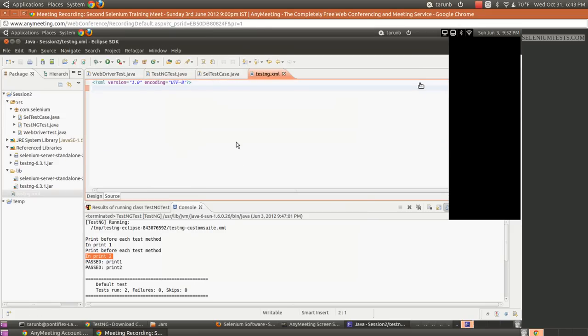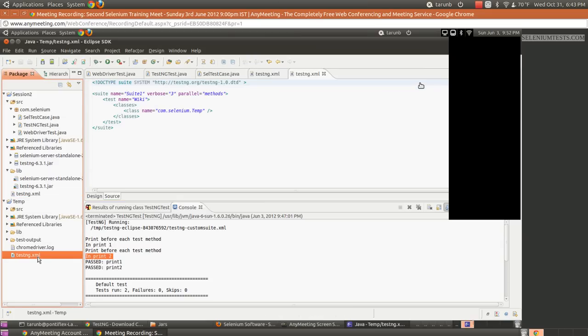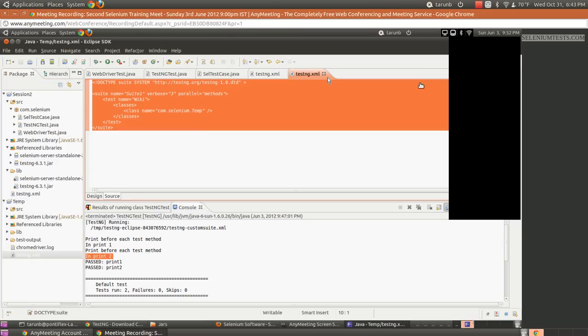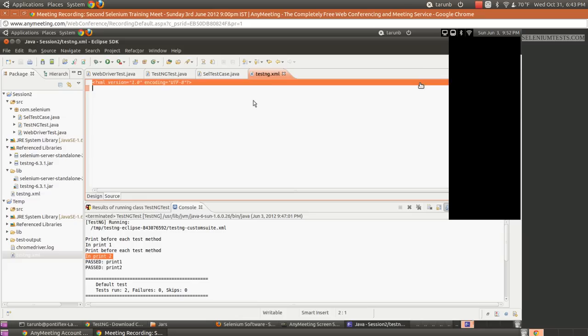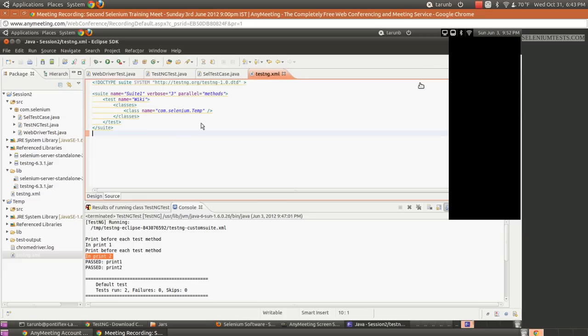Okay. So in this file, we will define the classes and how we use them. I already had created one such file. I'll copy the contents from there and then I'll explain it to you guys. Okay. So if you see here, in this XML file, we have a couple of tags. The first tag is the suite name, which is the name of your test suite. So we can give it a name as, say, Wikipedia test. Verbose is for logging, so don't worry about this. We will see the parallel part later, don't worry about it at this point. Okay, then comes your test.